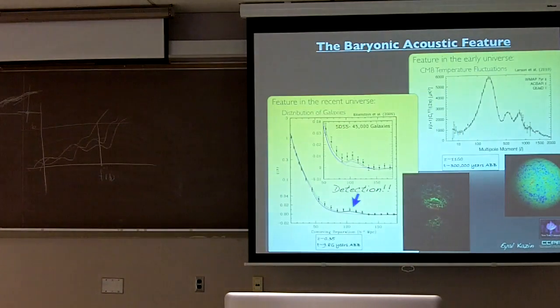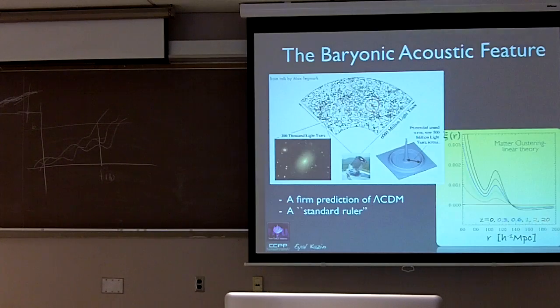This is a very exciting measurement that came out in my first year in grad school. 3 people at NYU were co-authors on this paper, with leading author Daniel Eisenstein, now at Harvard. These are the data points. This is the correlation function I talked about before, and this is the feature. This is what they got back then, midway through the SDSS survey, compared to lambda CDM models. Here, in different models, he just changes the ratio between matter and atoms. It caused a lot of excitement within the community, and many surveys are underway to follow up on this measurement.